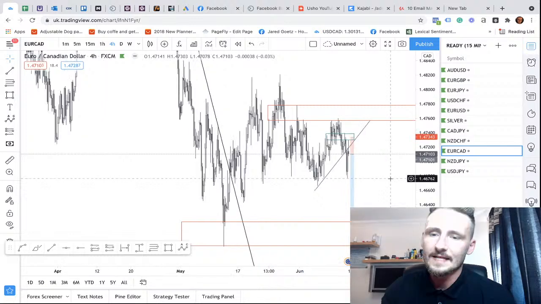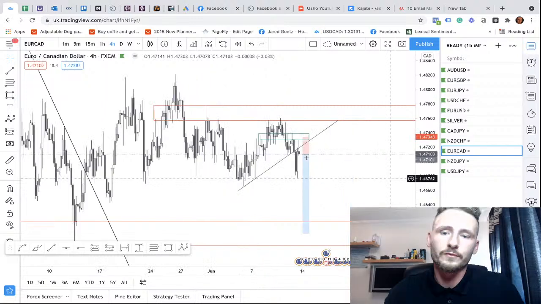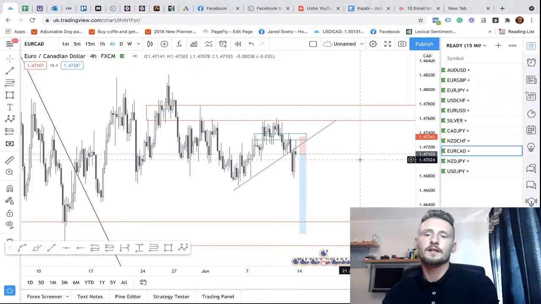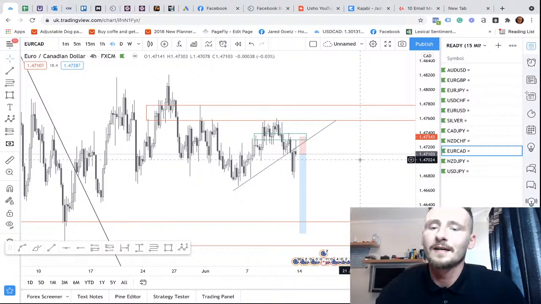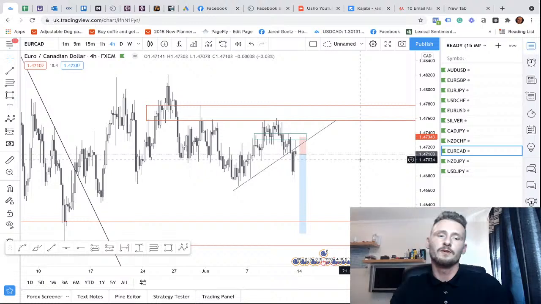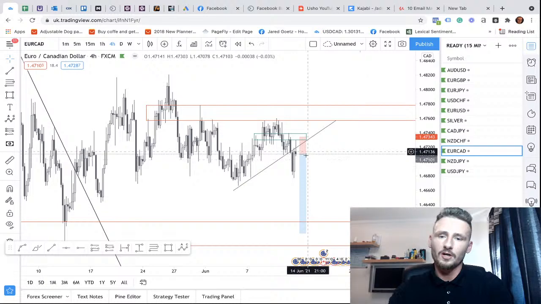If you go to the 4 hour, you can see that we are starting to form a shooting star candle, which is a reversal candle in a bearish fashion. You typically see them at the top of the market or on the end of the pullback phase in the bearish trend. And now we can look to take positions down to 1.4600 handle, where we started that initial bullish run up, but it doesn't look like we are done yet